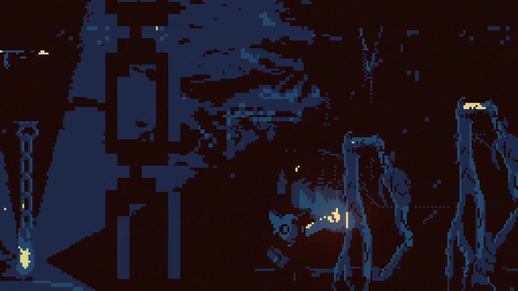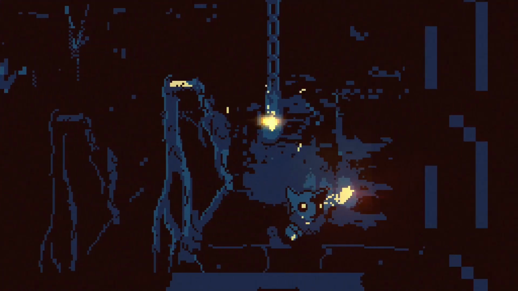I gotta say, I really got into this game. The platforming has a nice feel and the pixel art and physics objects in the world really sell the environment. The only gripe I have with this game is that it's a little hard to see where you're going. Some areas are extremely dark and the camera is following the player. Well, I prefer my cameras in platformers to be ahead of my player, so I can see where I'm landing my jumps. But overall, awesome project. Definitely going on my wishlist.